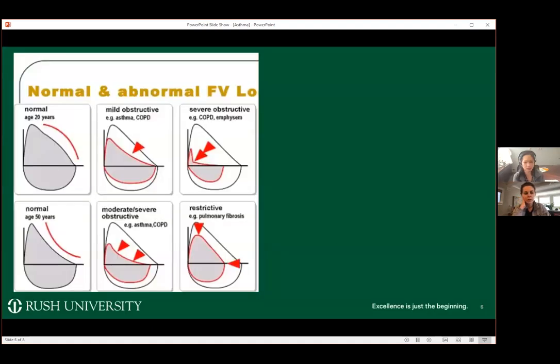And Dr. Chen, how many of your patients have that? Is that a pretty small proportion of patients that have that chronic remodeling? Because generally we teach that it's fully reversible, but I guess there is that small proportion of patients where they reach a point where they don't have complete reversibility. Is that true? Yeah, I would say